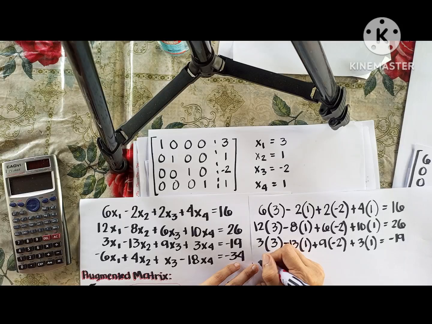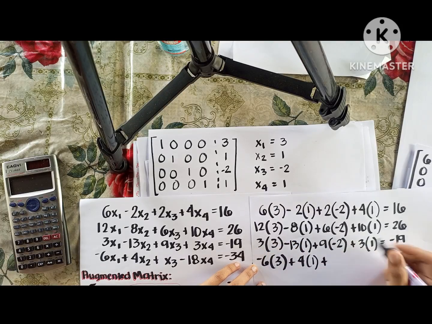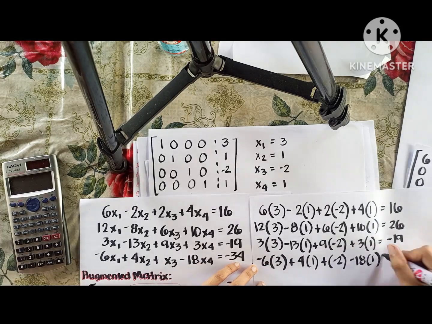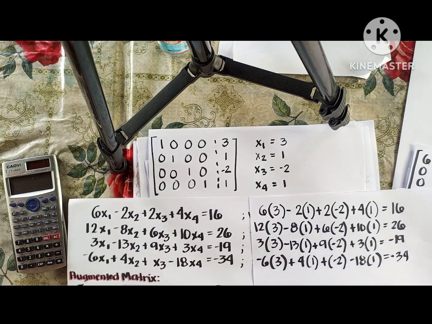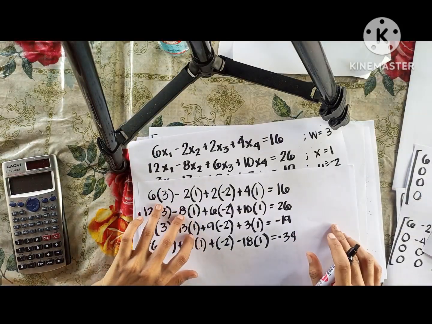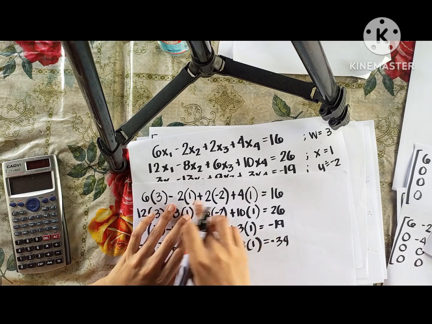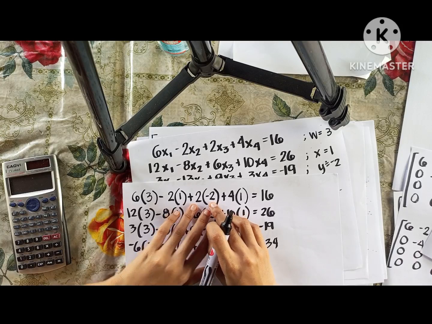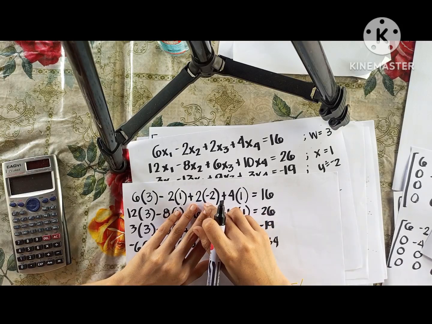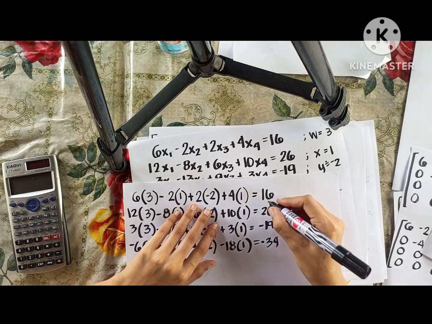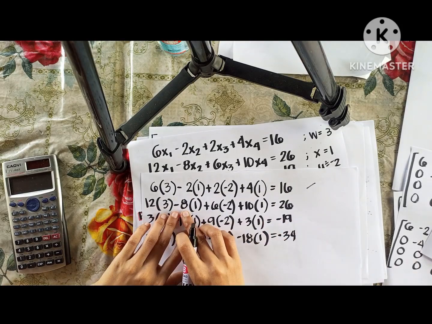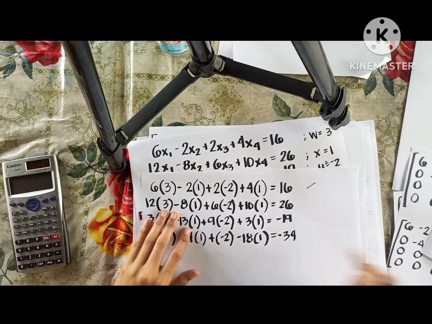Let's check later on. And for negative 6 times 3, plus 4 times x sub 2, that is 1, plus x sub 3 is negative 2, minus 18 times the value of x sub 4, that is 1. So this should be equal to negative 34. Now let's check. 6 times 3 is 18, minus 2 times 1 is 2, so 18 minus 2 is 16, plus 2 times negative 2 is negative 4. So 16 minus 4 is 12, plus 4 times 1 is 4, so 12 plus 4 is equal to 16. So check. Next, 12 times 3 is 36, minus 8, plus 6 times negative 2, that is negative 12,